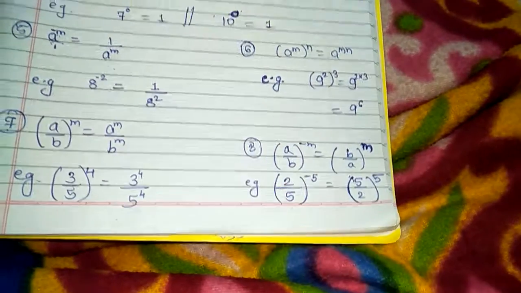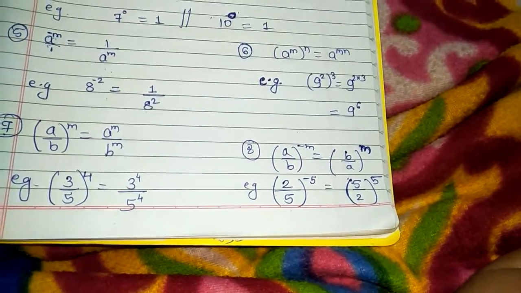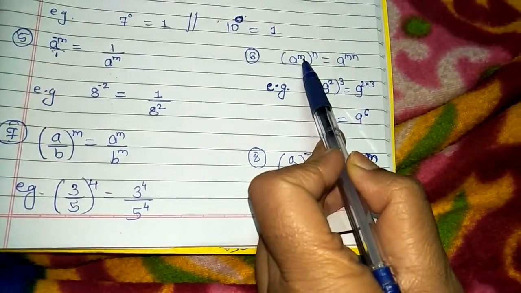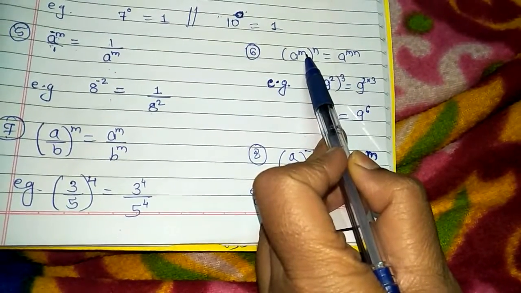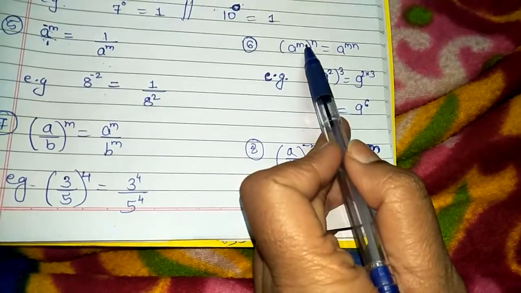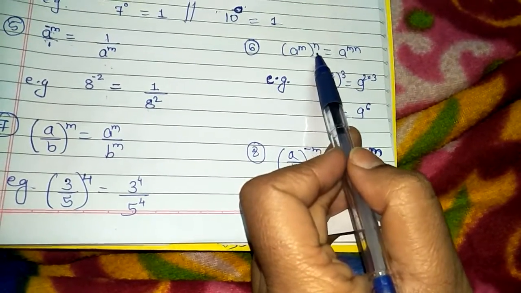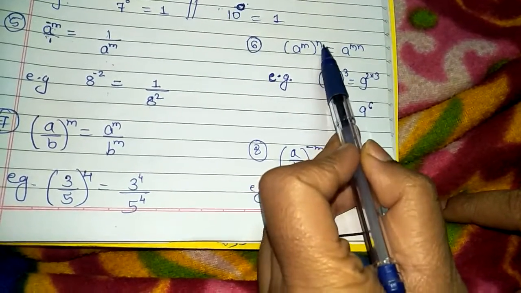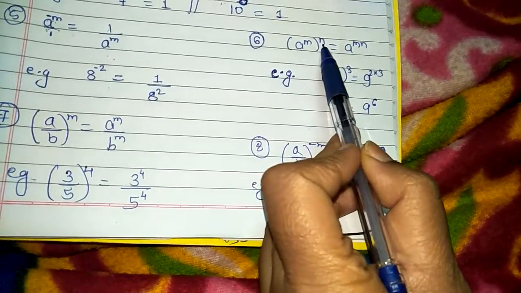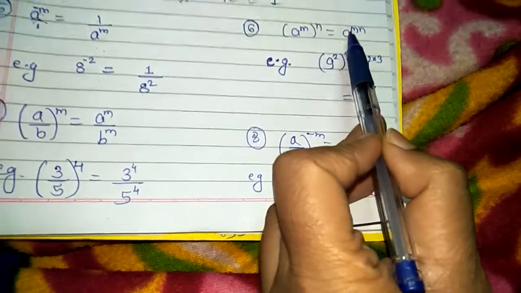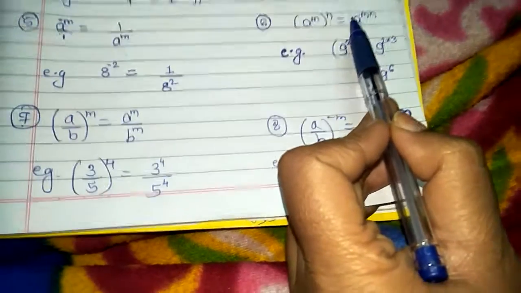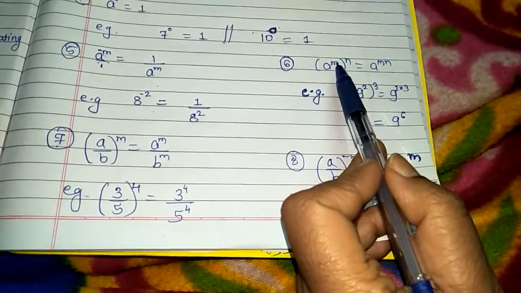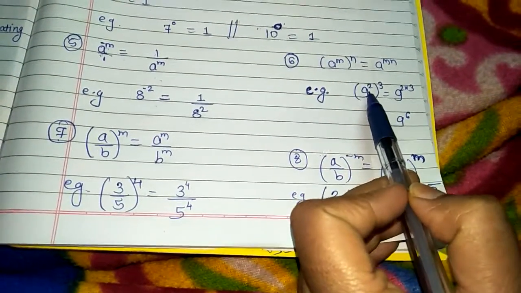तो वहाँ पे मैं एक बच्चों का शॉर्टकट मेथड बताती हूँ, indices of indices product। मतलब अगर suppose एक indices दिया और उसका भी indices दिया, so there we have to do the multiplication of both the indices and we have to write down. So here indices of indices product means indices into indices, if there, so we have to do their multiplication। मतलब एक इंडेक्स दिया और उस इंडेक्स का भी इंडेक्स दिया है, सो वो जो इंडेक्स है आप लोगों को उनका मल्टीप्लिकेशन करना है और दोनों एक साथ लिखने हैं।